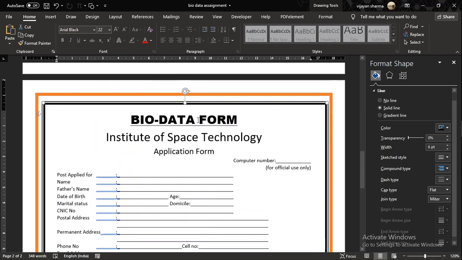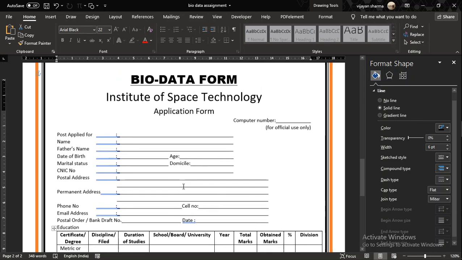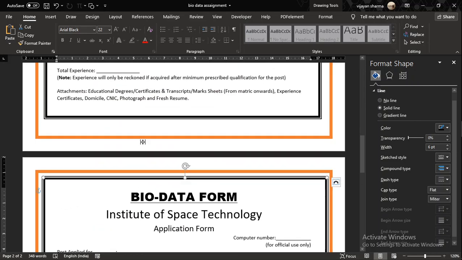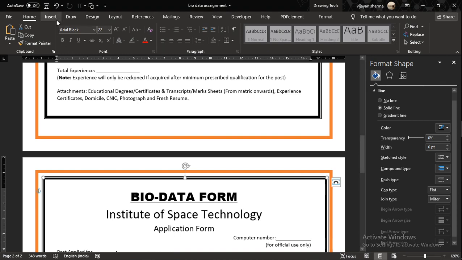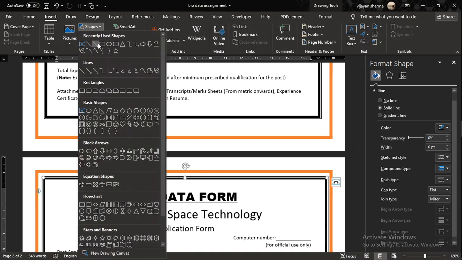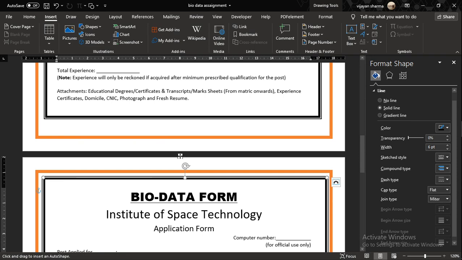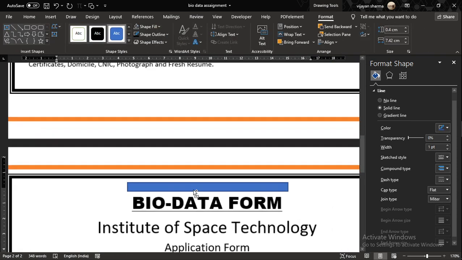No problem. Now some students were asking that there is a white bar above the biodata written. Yes, we can put that white bar also. Just go to the insert, and then select the shape. Select the shape as rectangle and draw a rectangle over here. Zoom it a little bit.